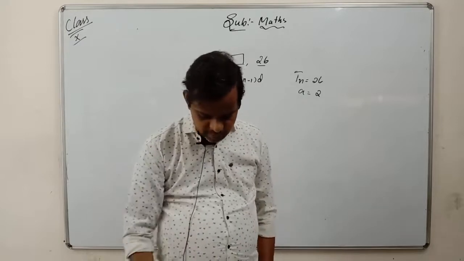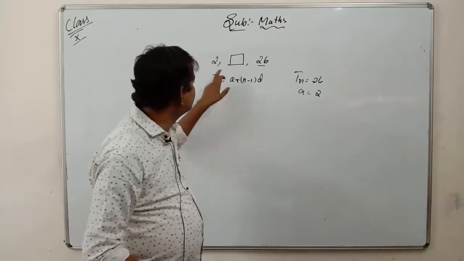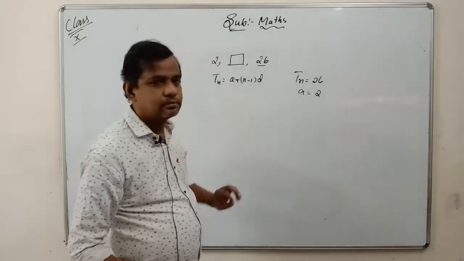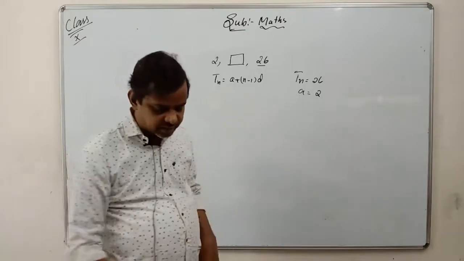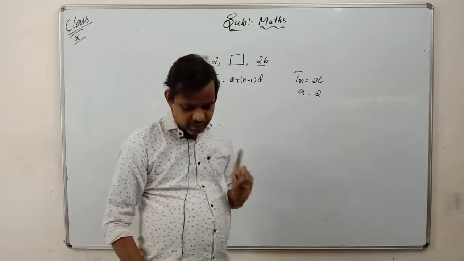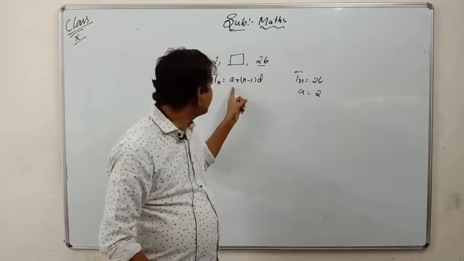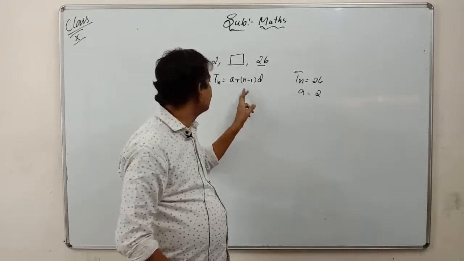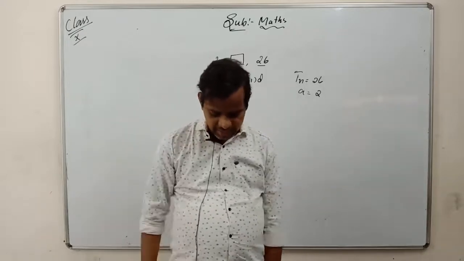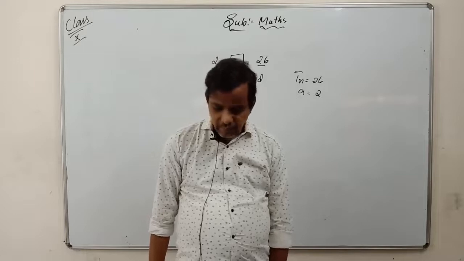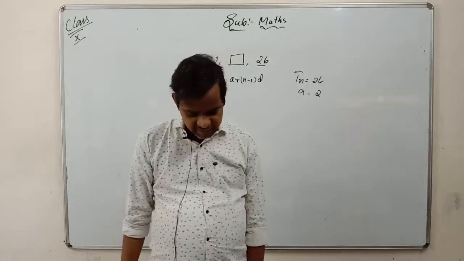So if this is 2, it is generally a common thing, that in an AP, a is given as 2 and the last term 26. Do you know what is the value of d? Do you know what is the value of n here? How to know the value of n here? Therefore, putting the values in the equation Tn equals a plus (n minus 1) d.